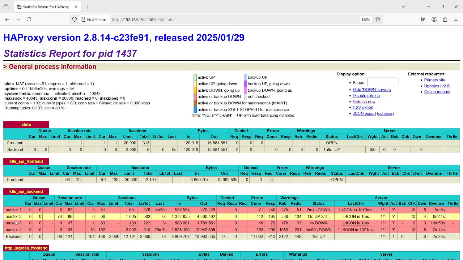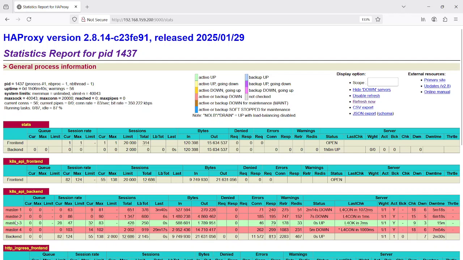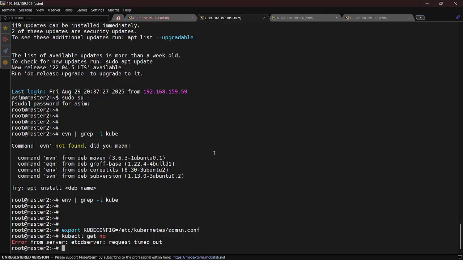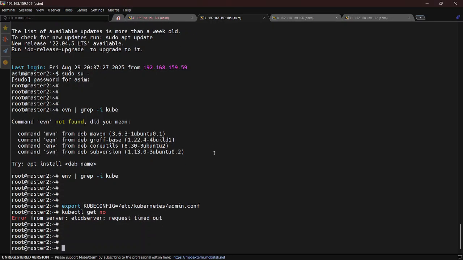Then when the service of the API starts, it will be green and it will again try to connect with etcd, and again it will fail. So this cycle will continue. It will come up and down, up and down. But this is not the healthy state. Even though the API server is green, you cannot query for any cluster resource,